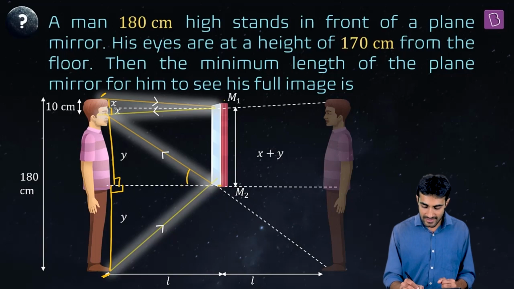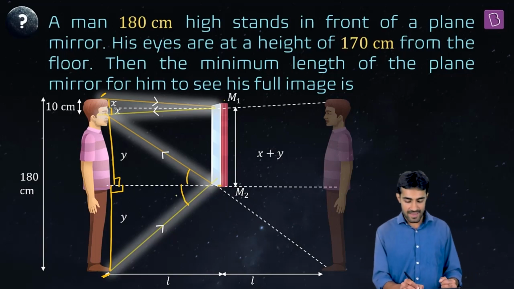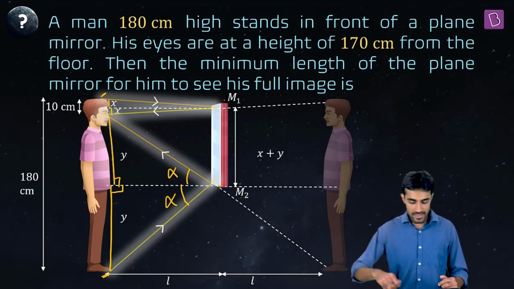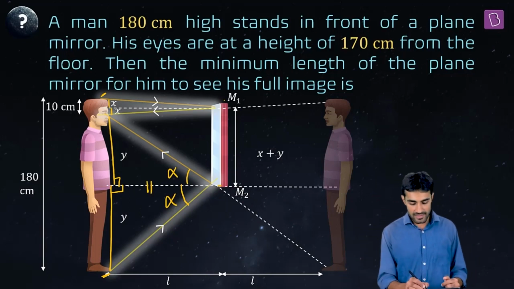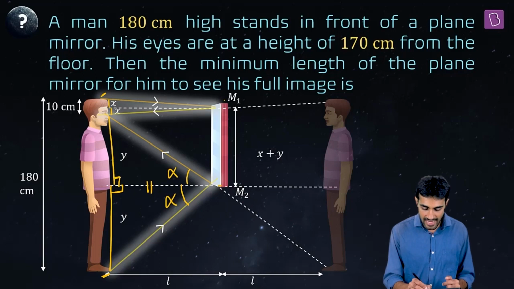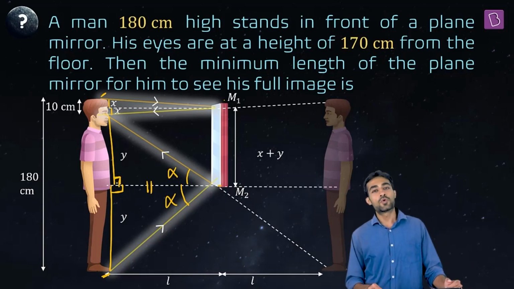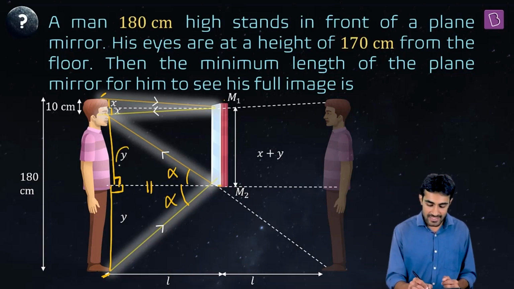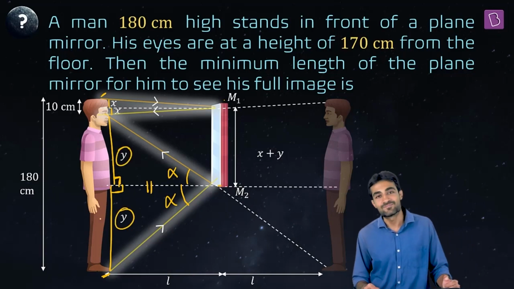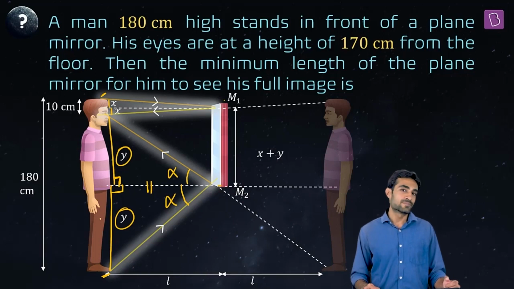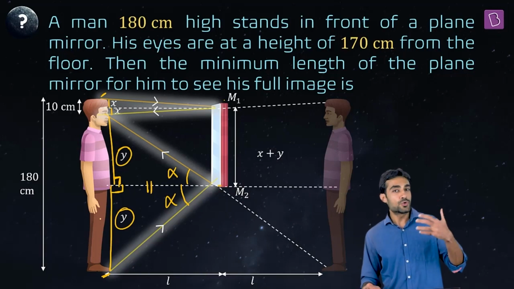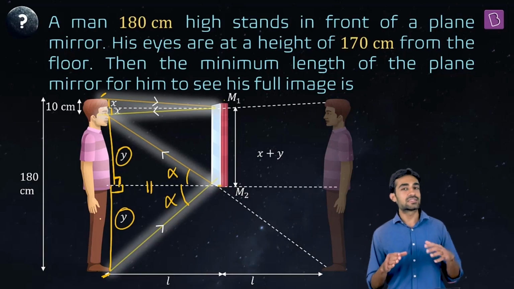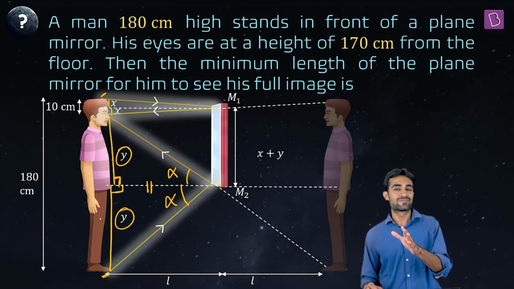Let's look at this. These two angles are same. Angle of incidence and angle of reflection are both same. This side is common and this angle is 90. This angle is also 90. So these two triangles we can see are congruent. That's why these distances must be same. They both are y. And similarly, in the upper two triangles, we will get both the distances to be same, x.